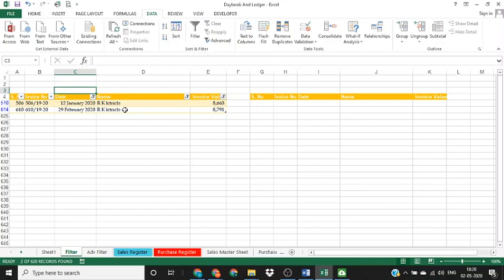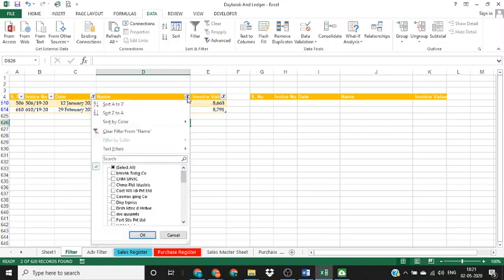We'll be doing a separate video on advanced filter where you can see the difference between the filter and advanced filter. For now, I think these are the basic options available with filter functions in Excel. This is the minimum that you need to know about the filter function to use it in your day-to-day office work. A lot can be done with the filter function, which you can explore yourself. And if you want anything specific to be covered by us, you can let us know in the comment box.